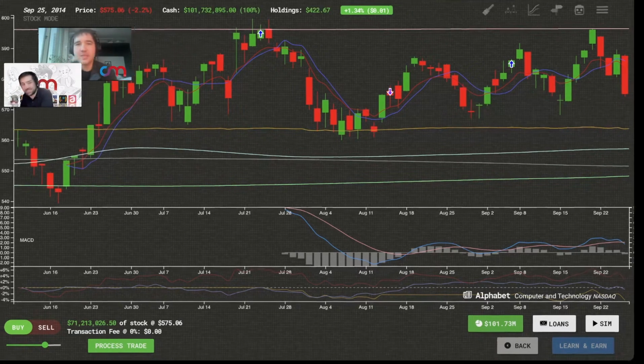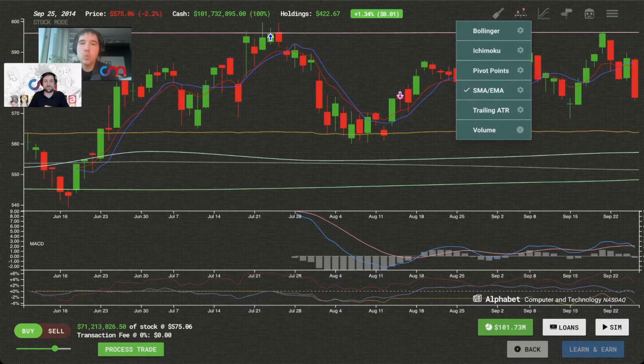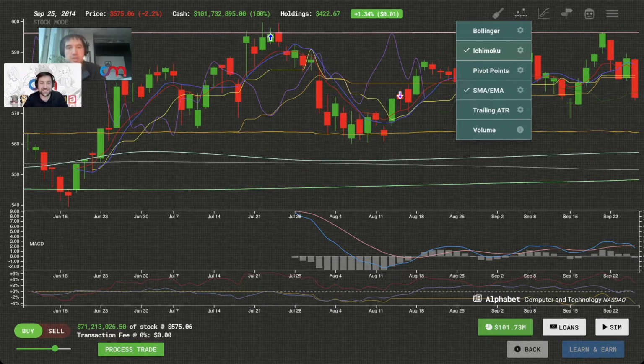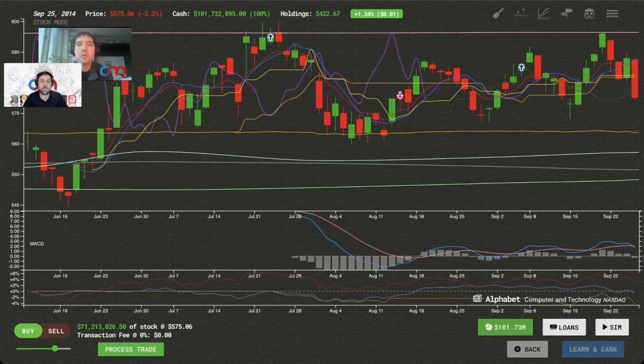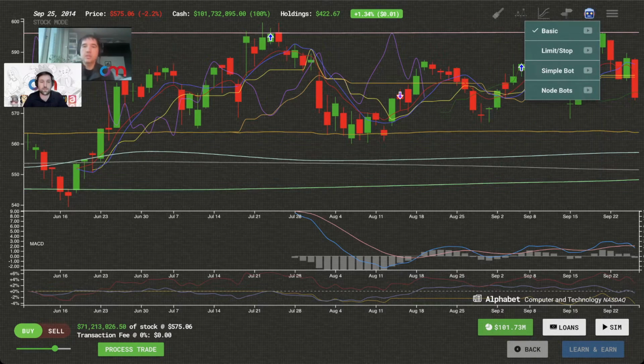All right, perfect. So once you unlock the Ishimoku cloud, which is an indicator used in investing, not only have you unlocked the ability to see it visually, you've unlocked the ability to use each individual component of the Ishimoku in a bot that you make all your own. Before we jump into that, those are all demarcated into this menu right here, the one with the little robot.